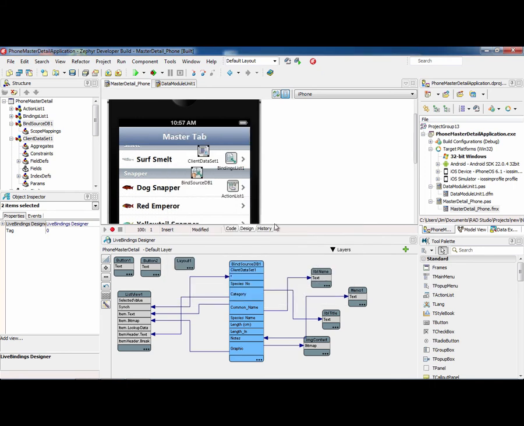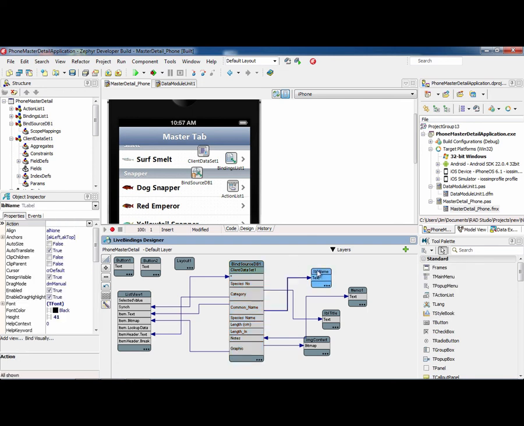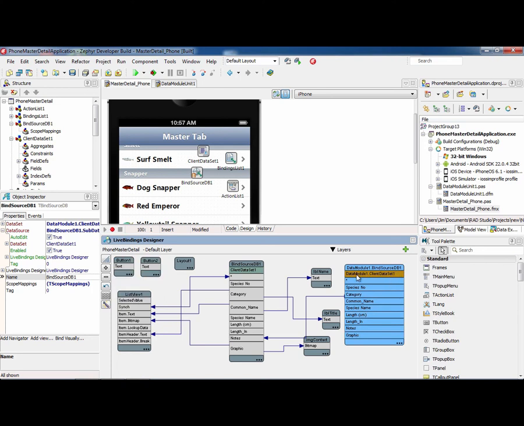At this point, the components from the data module are available to be used within the master detail phone form, but it's not shown in the LiveBindings Designer. The reason is that the LiveBindings Designer isn't aware that we are now using a new unit. So what we need to do at this point is choose the refresh command. Now, there's a menu in the LiveBindings Designer that's context sensitive. So because this object is selected, we're not seeing the refresh command. So I'll click somewhere else, and we can see the Refresh Designer command. We'll choose that, and you can see that the client dataset and the BindSource from the other unit is shown